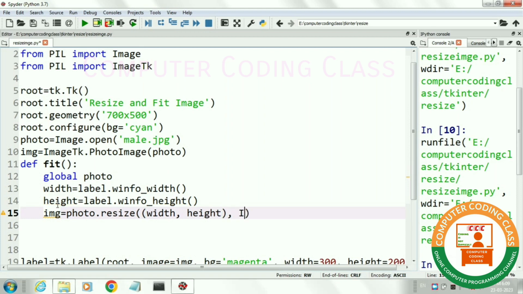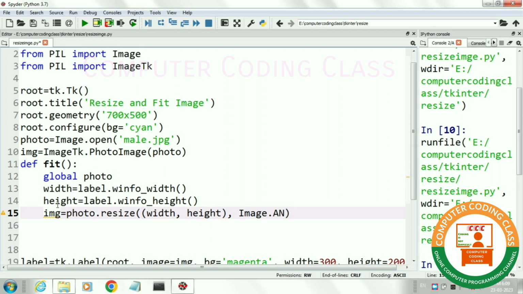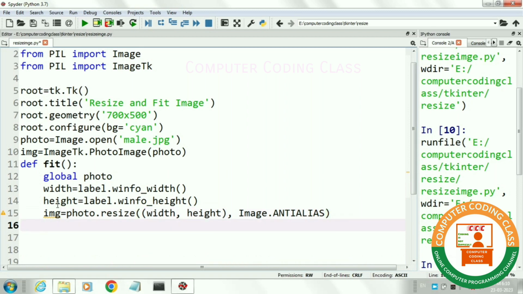Next parameter is Image.ANTIALIAS. Anti-alias means we are smoothing the edges of our image so that we can increase the size of our image. The resize function returns a new image with the new size. We save that new image in a variable named img.